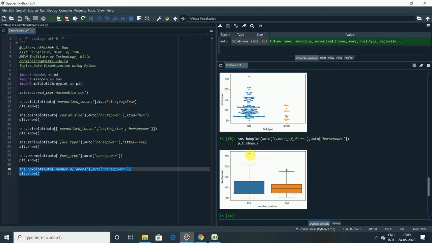The box plot is useful if you are trying to analyze the outliers, and if anybody wants to know the minimum value and maximum value, or the values at 25%, 50% and 75%, and the data distributions. If you would like to analyze the outliers in the data set, then the box plot plays a major role. So this is all about the box plot.